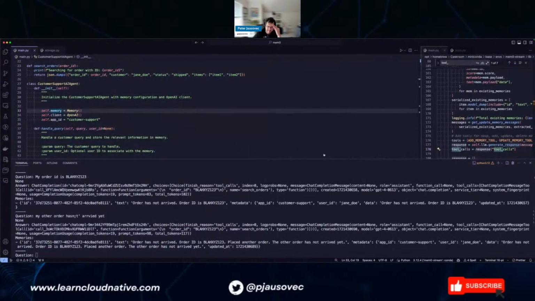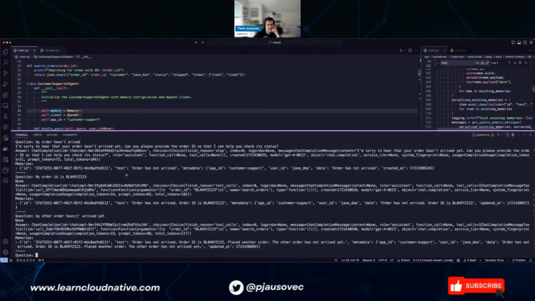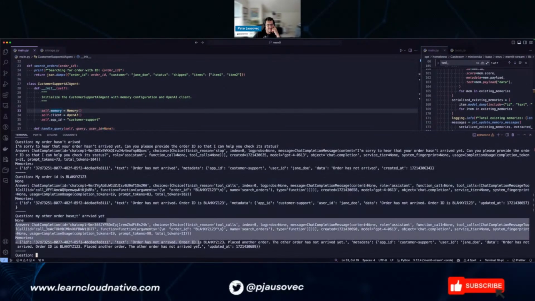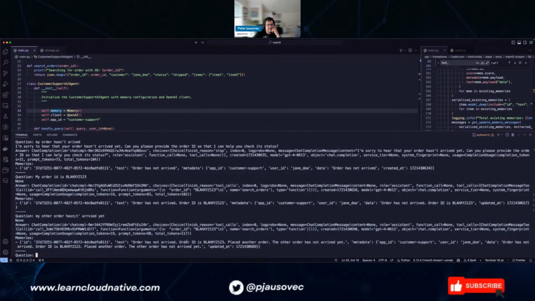I would add the removing of specific... I guess it's not a memory. Memory is the whole thing, but removing like a piece of memory and then having the memory be rebuilt. And then I'm also curious, how would one implement this, right? So let's say I'm doing support for orders or whatever.